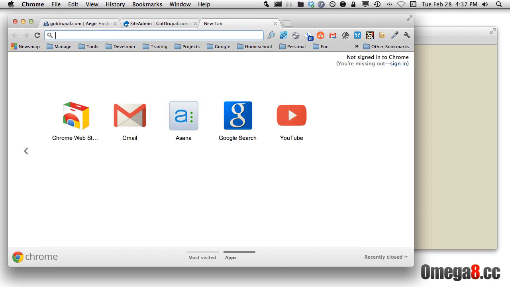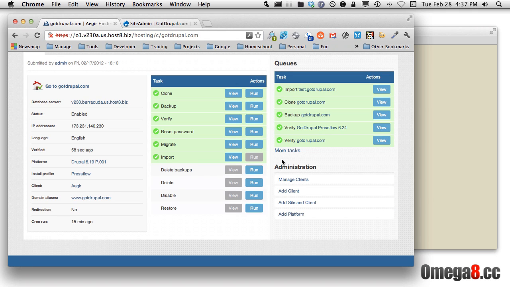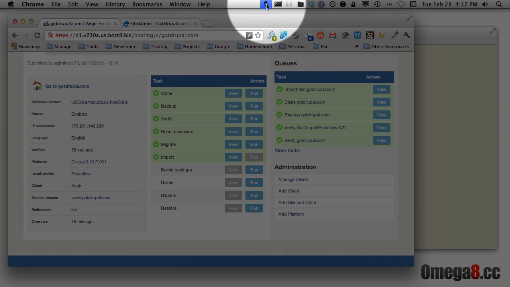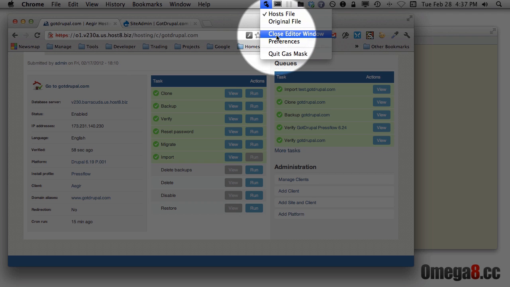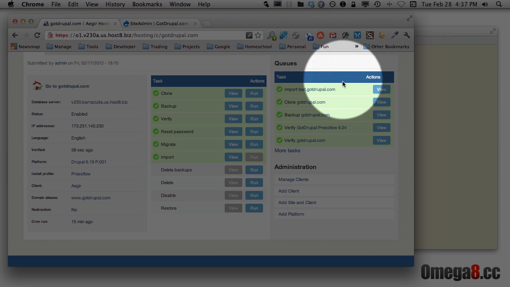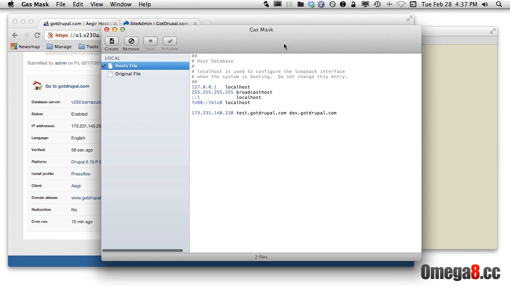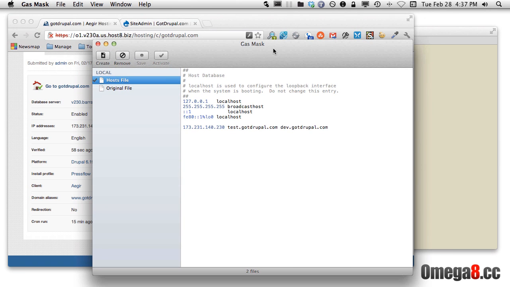On every computer, there is a file called hosts. And on the Macintosh, there's a nice little tool called Gas Mask right here. So if I show the editor window, let's see, bring it up right there. Gas Mask is simply a hosts editor. And what you're going to need to know is the IP of your Omega 8 box. And my particular IP for the gotDrupal server is right there. And what you can do is you can set any number of subdomains with a space after that given IP. Or you can have an IP on each individual line. So I could also put